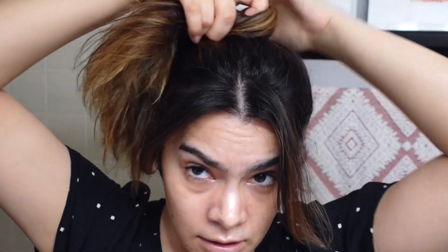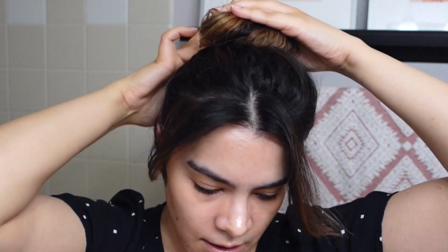So my roots are dry. The ends are still pretty damp, but I honestly don't really care because it takes so long to dry the whole thing. And honestly, it doesn't really matter to me. It's the weekend. I just want to be laid back, you know what I mean? So I'm just gonna pull it back up into a ponytail, twist, twist, tuck the ends in,